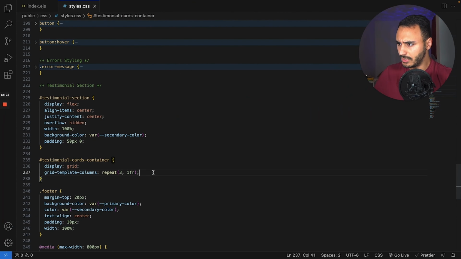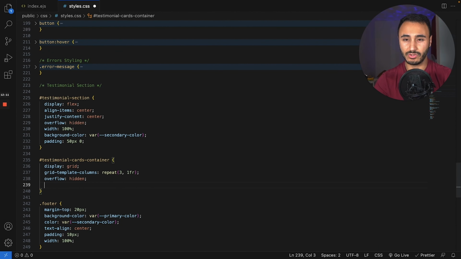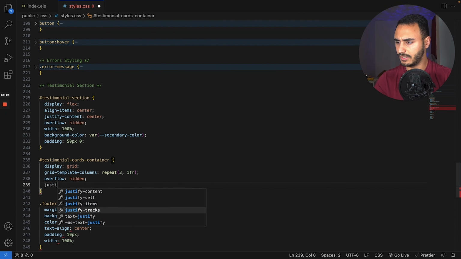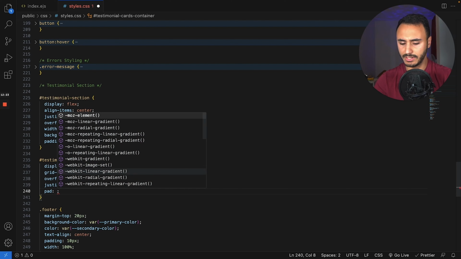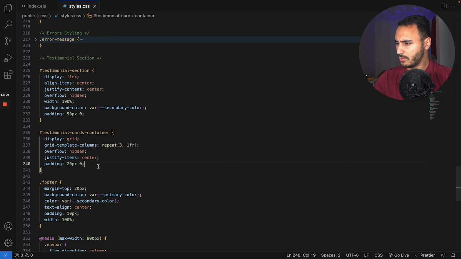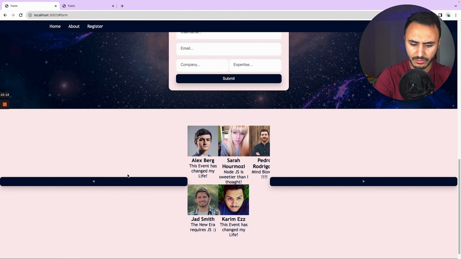Now what we want to do is overflow should be hidden. That's really important for the responsiveness. Let's justify the items to the center and add a padding of 20 pixels vertically and 0 horizontally. Nice. Okay, so now what I wanted to do is to hide the second row, but I'm gonna do it